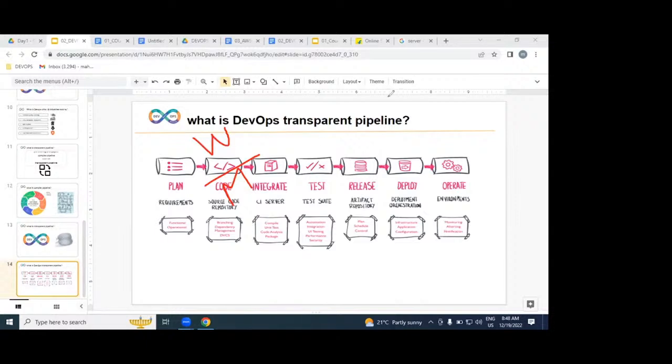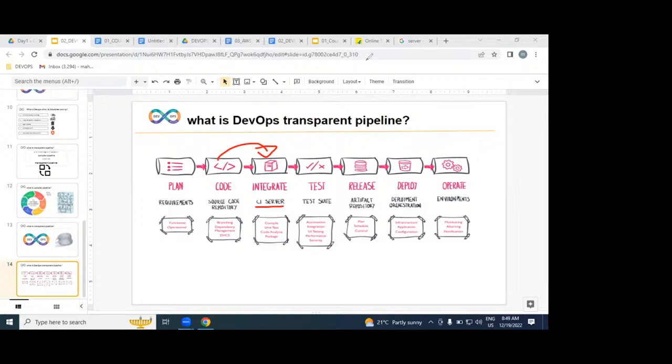But how many developers do we have? Please, anybody help me. How many developers? We have N number of developers, we don't know. Every day, morning to evening, each and every developer writes N number of code. All the developers' source code, we need to integrate, or not? Yes, we are going to integrate it, continuously.